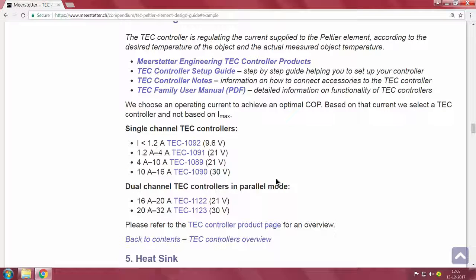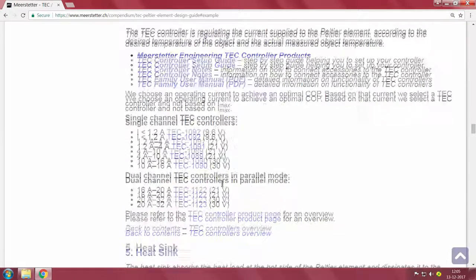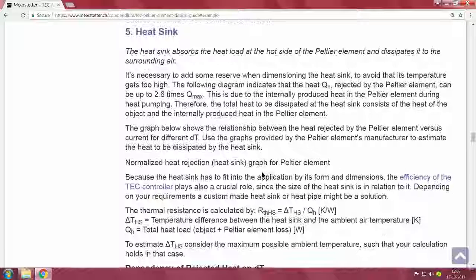They also sell controllers, but because of various operational or packaging issues, it is possible for you to probably build your own constant current source, otherwise buy the whole thing from them. So, if you go down here, we have things which are listed which work with 9.6, all this 2130, dual channel is there. So, controller product page is there.